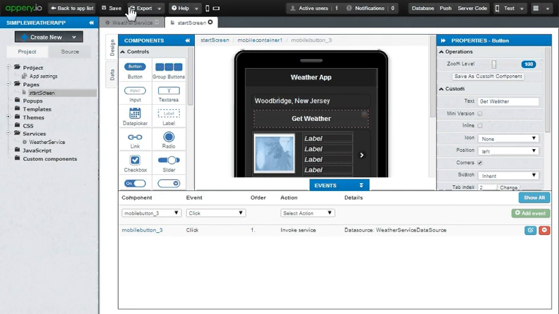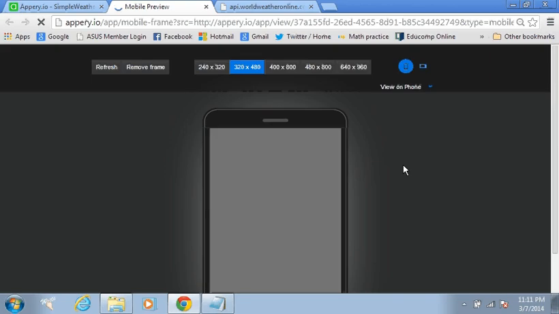After the app is successfully saved, if you see this test button, we'll go ahead and click the test button. This is opening up another tab in the browser. Yeah, there.